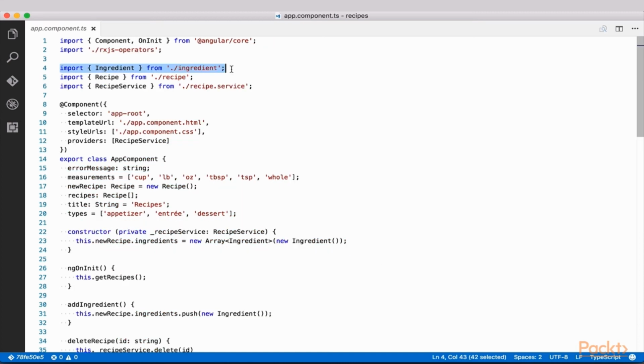We should now make a few changes to our app component class in preparation for adding a form. Let's walk through the changes we've made here. We import the ingredient class as we will need access to it shortly. We hard code both a measurements array and a types array, which determine the options that will appear in select